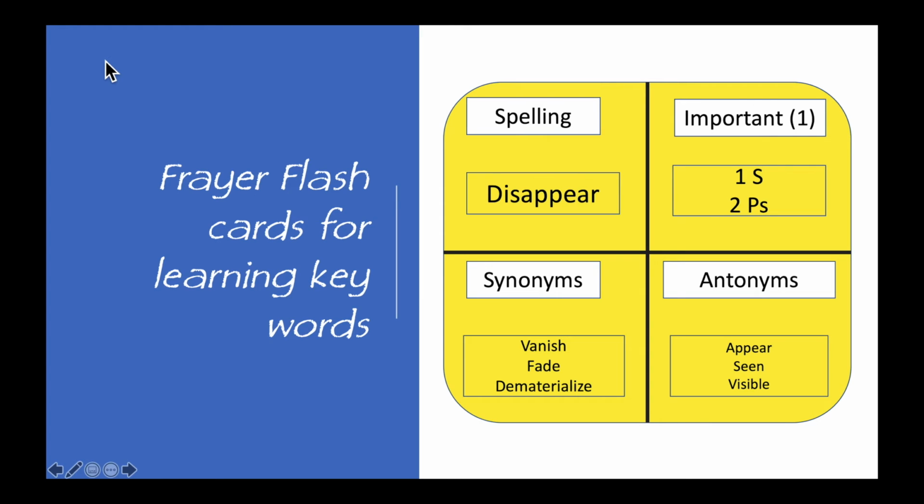So let's introduce you to the Frayer method. And this is really clever because what it does is it slows down the learning process of a new word. So let's look at a word that's really tricky to spell that crops up on the Year 4, Year 5 spelling list. A word like disappear. So the Frayer method, it's just a flashcard, just a normal flashcard, but divided into 4 segments. So in the top segment, you put the spelling, make sure you get it right, and then you say it out loud,